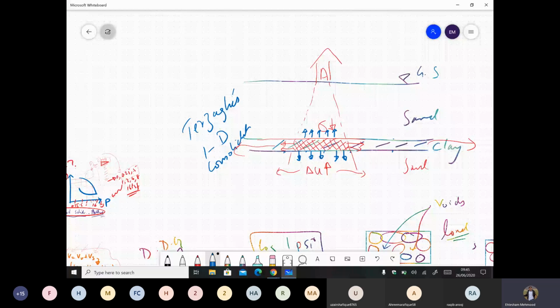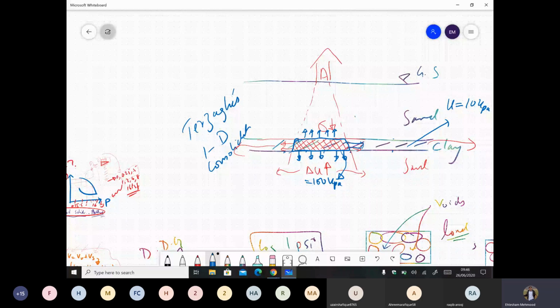In real life, the water would definitely move out of the stress area. Before loading, let's say the pore water pressure in the clay layer was 10 kPa. Due to the increased stress, let's say there was a delta U of 100 kPa. So in this clay zone under the stress, pore water pressure has jumped from 10 to 110. This is the rule of nature: water flows from higher potential to lower potential, or from higher temperature to lower temperature. So following the equilibrium law, water would move to the side, because the pore pressure in the sand layer is maybe 5 kPa, and maybe here it is 7 kPa.